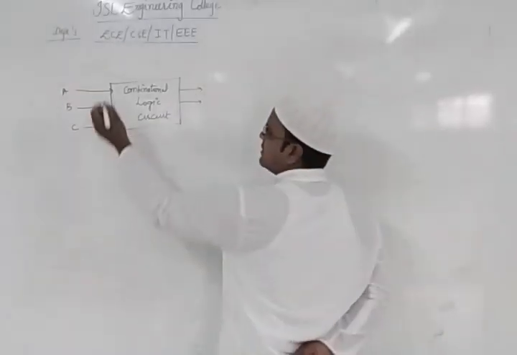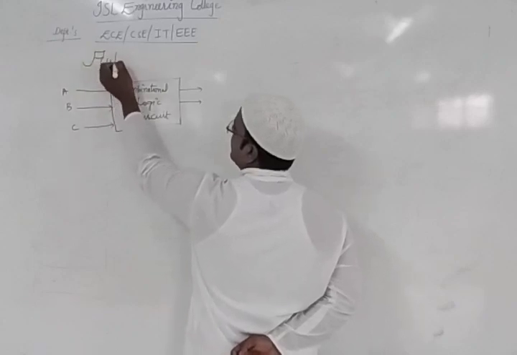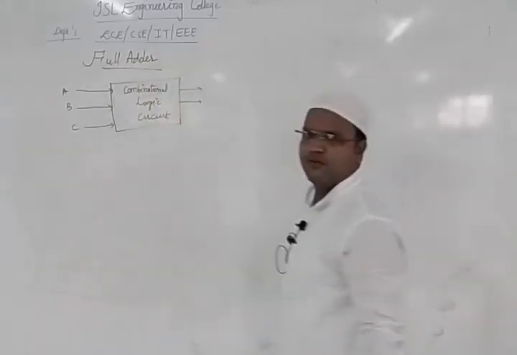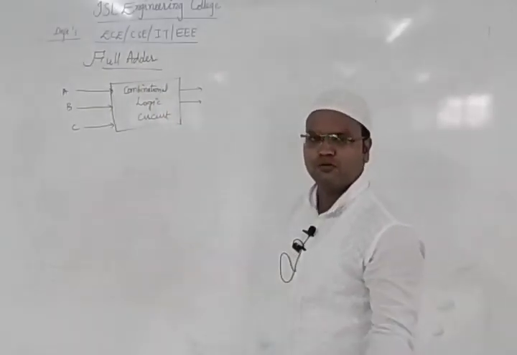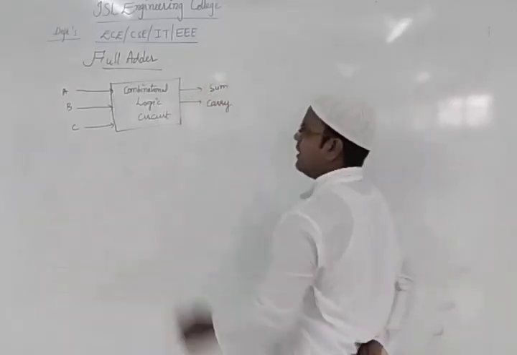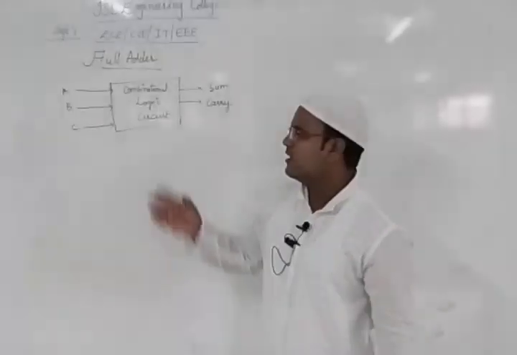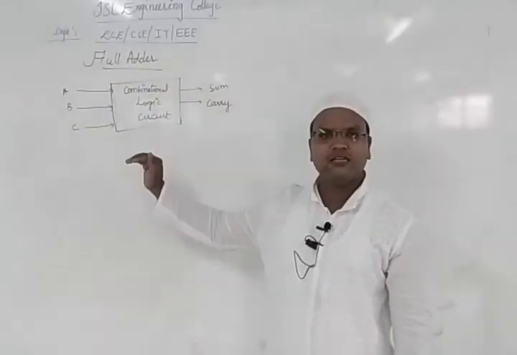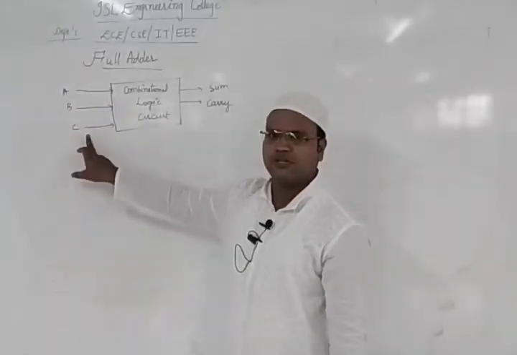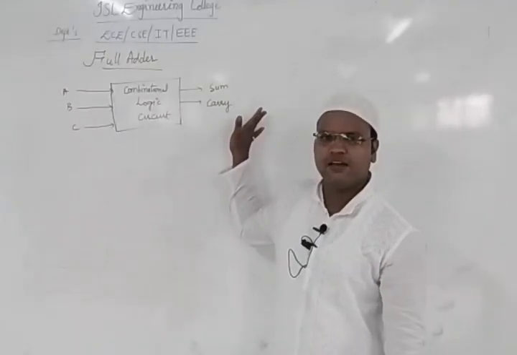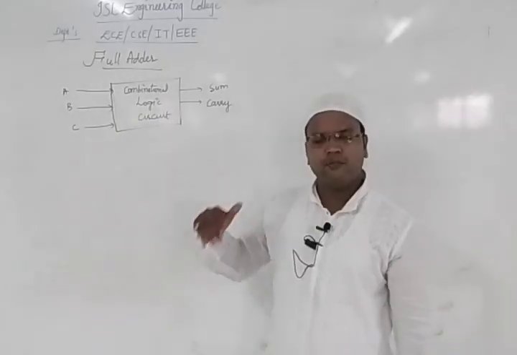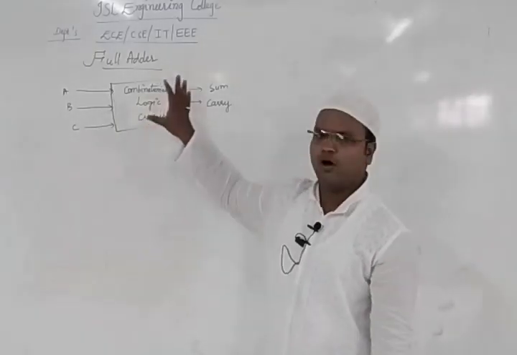What are the outputs for our adder? Which type of adder are we discussing? We are discussing the full adder. So how do we design the full adder? For the full adder, we can have two types of output: one would be the sum, the second would be the carry. In the previous class we discussed the half adder and half subtractor. In today's class we are continuing the same concept, but here we are considering three inputs A, B, C, and we want to get the output as sum and carry. This is a combinational logic circuit, and this is the block diagram of it.